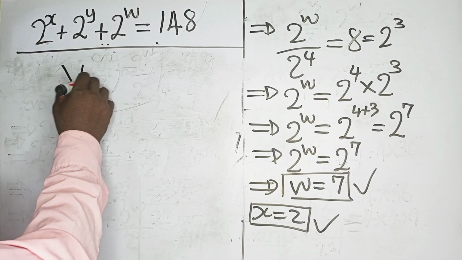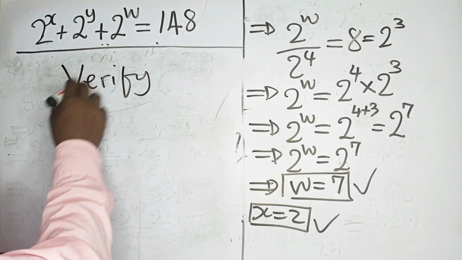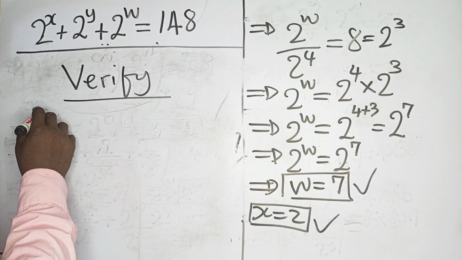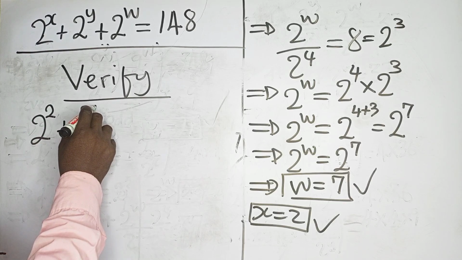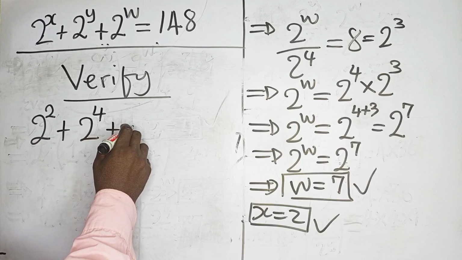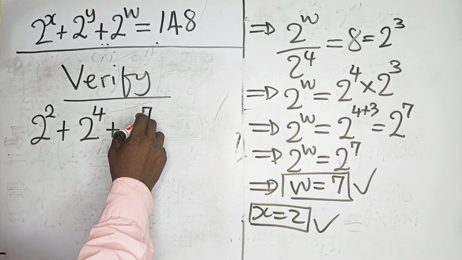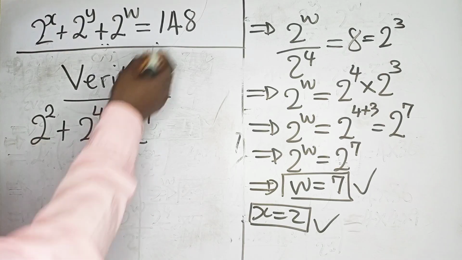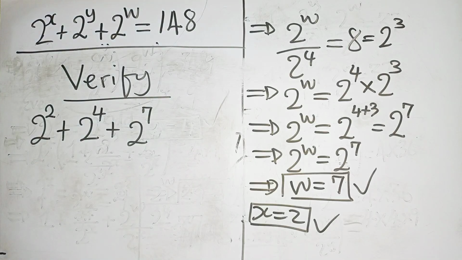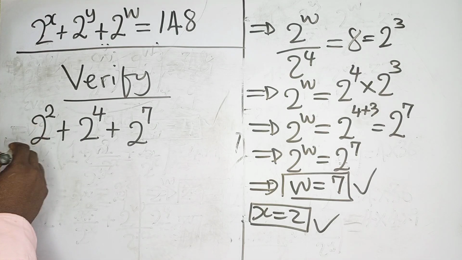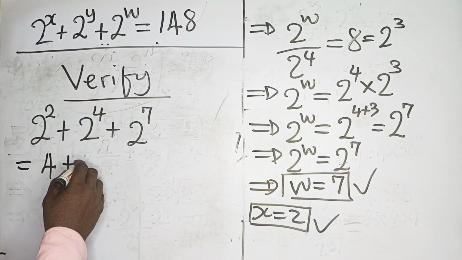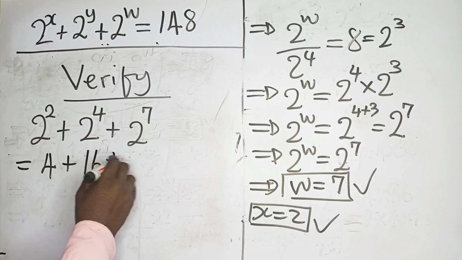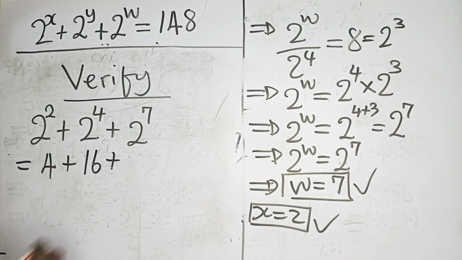So if we want to verify our result, we just go ahead and put the value of x. The value of x is 2. The value of y, we found to be 4. And the value of w, we found to be 7. Now, do we have this result giving us 148? So we have 2 to the power 2 is 4. 2 to the power 4 is 16. 2 to the power 7 is